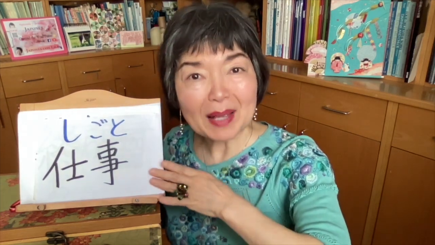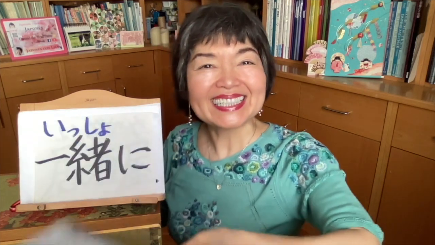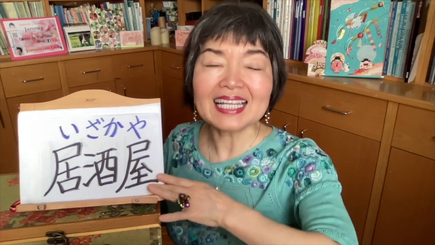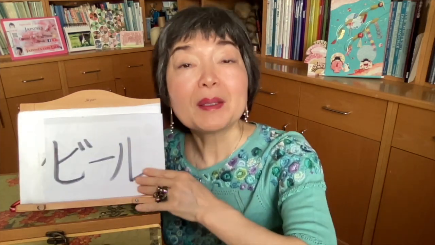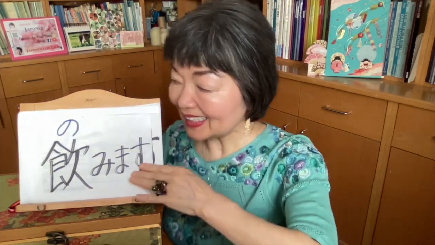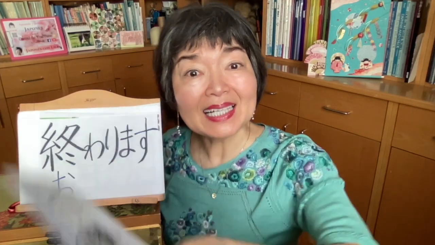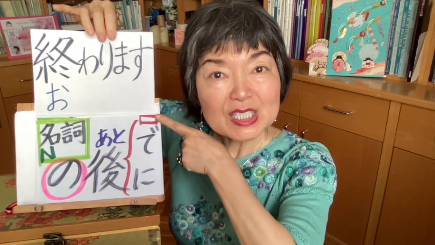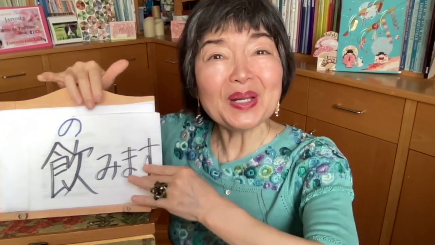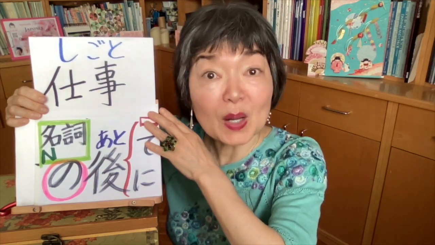Vocabulary: 仕事 job, work; 終わります to finish; 一緒に together; 居酒屋, a Japanese pub; ビール beer; 飲みます to drink; 行きます to go; 飲みに行きます, go to drink. 仕事が終わった後で、仕事が終わった後に、一緒に居酒屋へビールを飲みに行きませんか。We can also use 仕事 as a noun: 仕事の後で、仕事の後に。